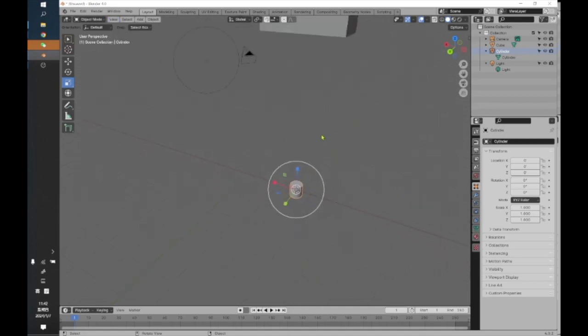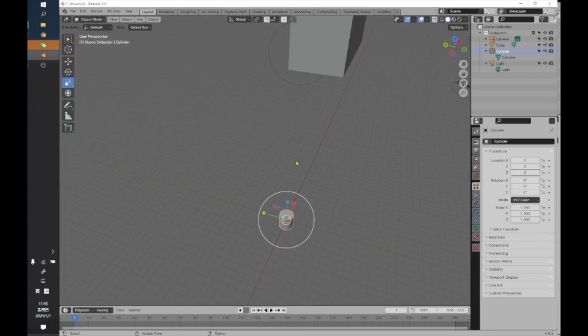You can just release it again, and then the view will go back to what it was before. This is a super useful function. And another useful thing is